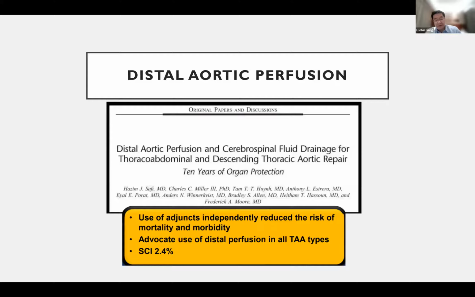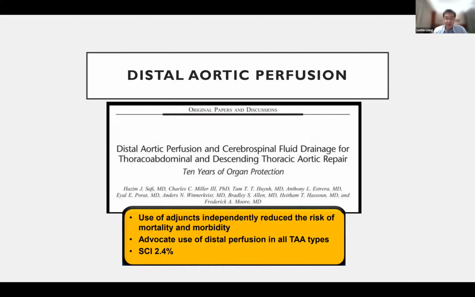This paper is by Dr. Safi. He summarized 10 years of thoracoabdominal cases. His conclusion is that the use of adjuncts independently reduced the risk of mortality and morbidity. He also advocated the use of distal perfusion in all types of thoracoabdominal aortic surgery. By using this adjunct of distal perfusion, you can decrease spinal cord injury to